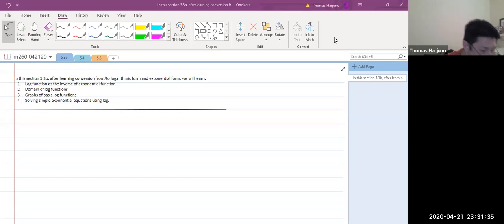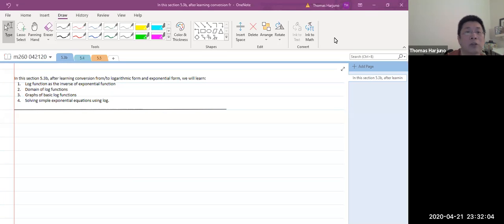Okay, last time we touched base a little bit on the log function. We know how to convert from log to exponential form, and then from exponential form to logarithmic form. Now, once we know how to do the conversion, we will see that the log function is actually the inverse